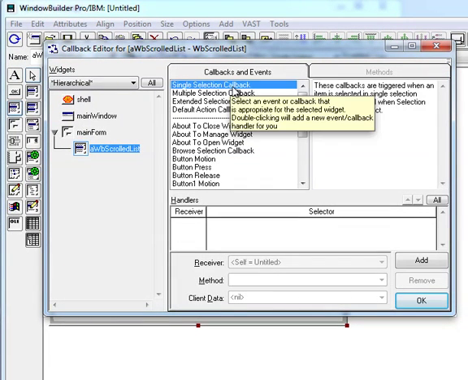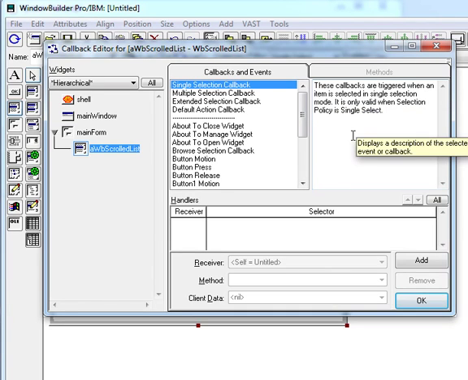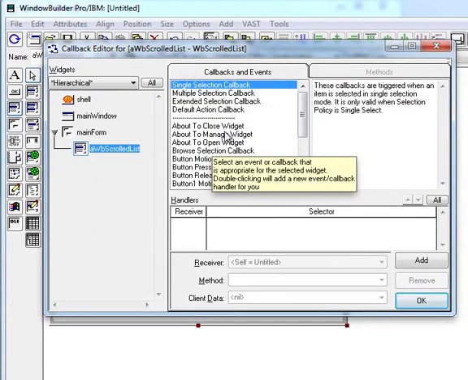So I want a single selection callback. It'll tell you over here what it is. Notice the pop-up help tells you a lot while you're cursoring over. In fact, cursing might be the appropriate thing in some ways when it covers up this text. In any case, once you select the kind of thing you want a callback on, single selection here,